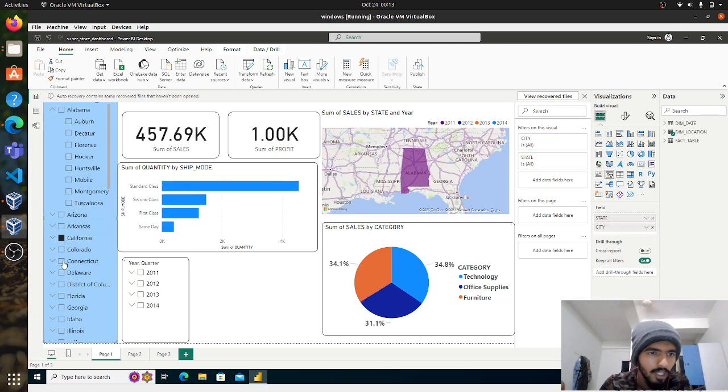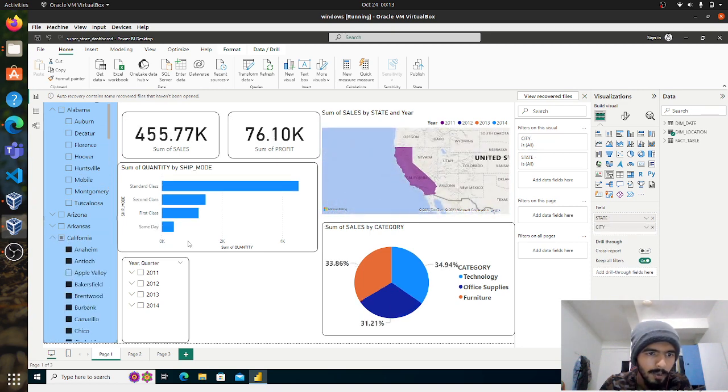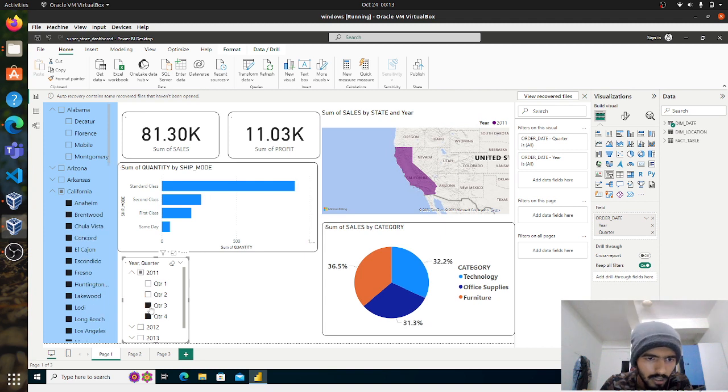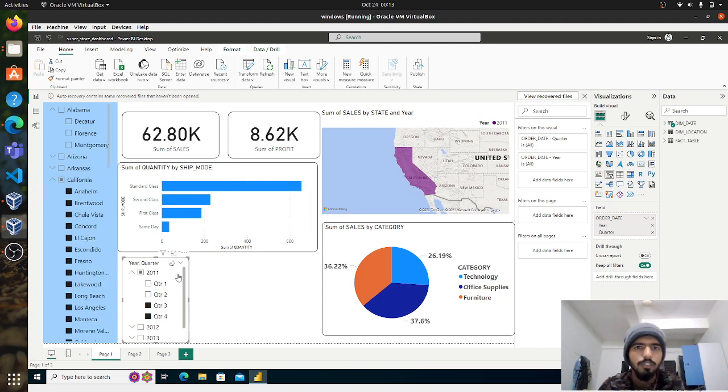You can check for any city or state you want, and from this they can easily identify which city or state, in which year or duration of time, has done well, so that they can increase their sales. And here you can also segregate them on the basis of quarter.